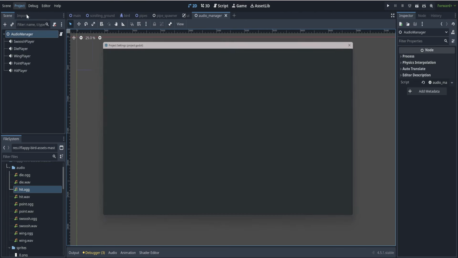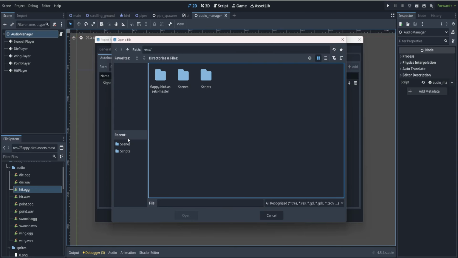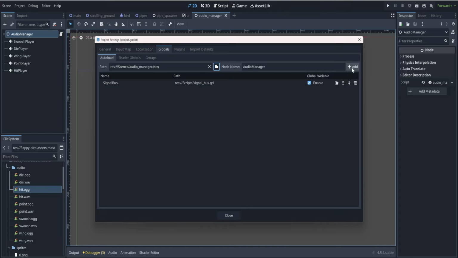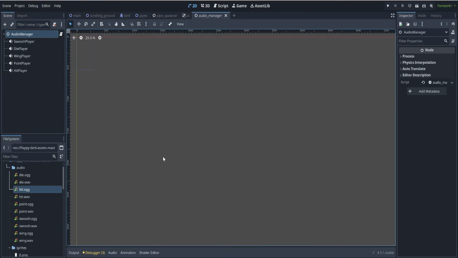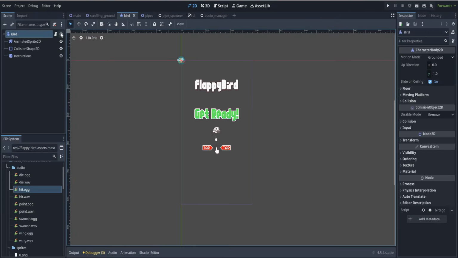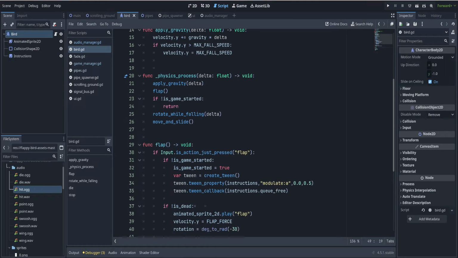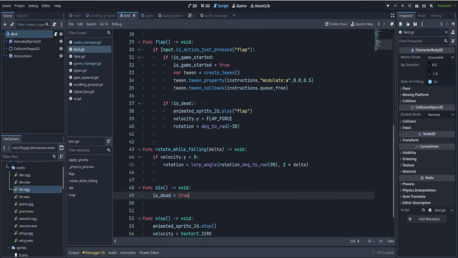Now we go to project settings, globals. We browse for it in scenes. There's the Audio Manager, open it, and then you click add. And now we have the Audio Manager globally available as well. So we can access it from anywhere, because the bird has to play the flap sound when it presses the action key, when it flaps its wings. So if we go to the bird and go to the flap method, which is here, flap,